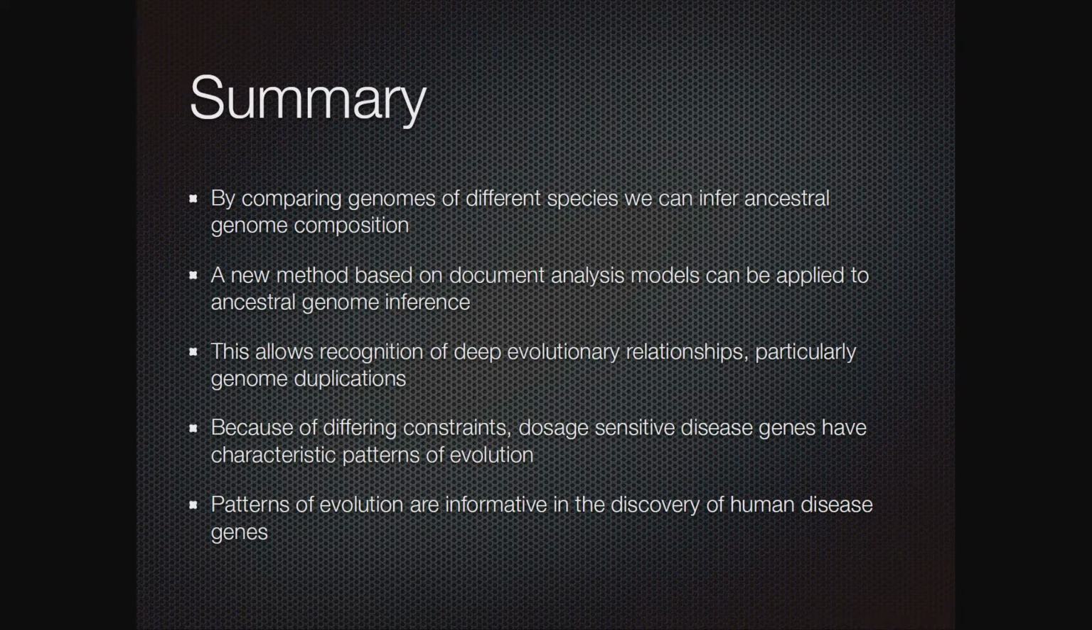And we can also figure out that because of the dosage constraints, so having to have the right number, like Goldilocks, just right kind of number of copies of a gene, we can see these characteristic patterns of evolution of some genes, and we can relate these to human disease, and they're quite informative in the discovery of human